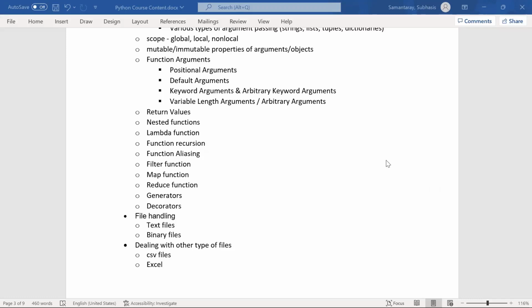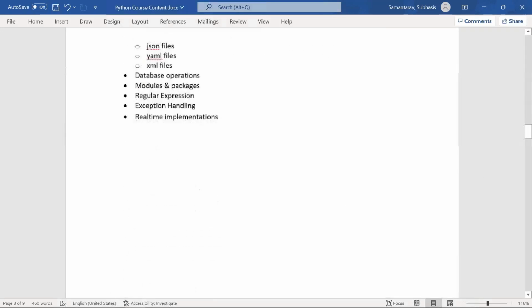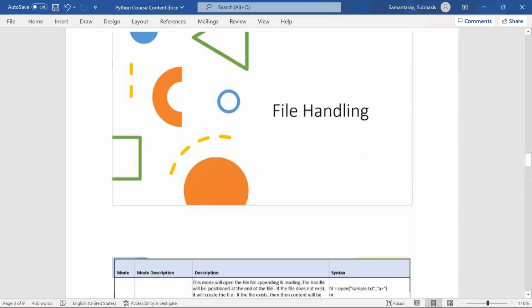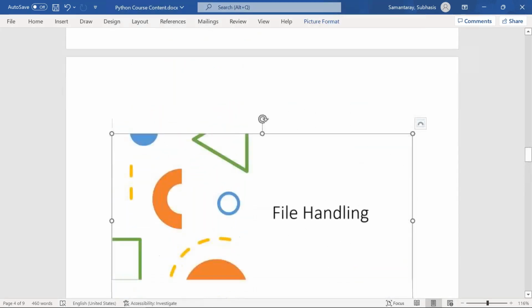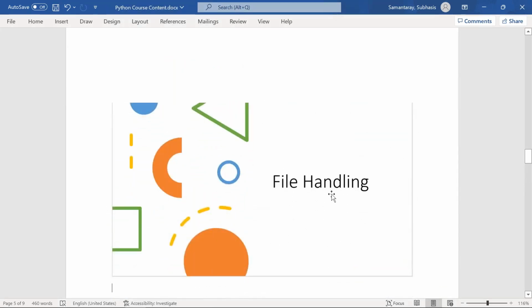Hello everyone, we're done with functions and today's agenda is to get started with file handling. In file handling, there are many things that we are going to learn, and let me tell you the plan for today. Today we'll get started with file handling and understand what a file is and how many